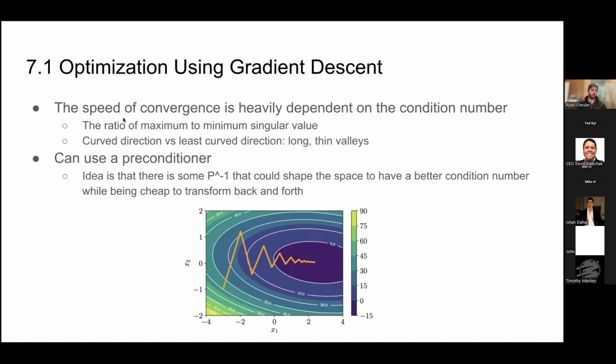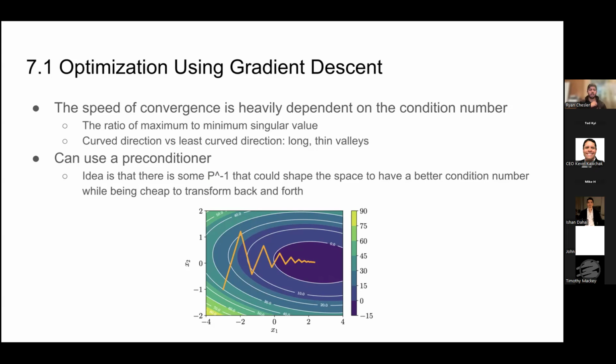And one of the things they were talking about in this chapter was that the speed of convergence is dependent on the condition number. The condition number is the ratio of the maximum to the minimum singular value. If we had a space that was more elongated, then you might get more oscillation. So the condition number tells you how well it's going to behave. If you have something that's very long and thin, you end up with all of this oscillation back and forth, and your convergence is probably going to be slower because it's in a narrow,